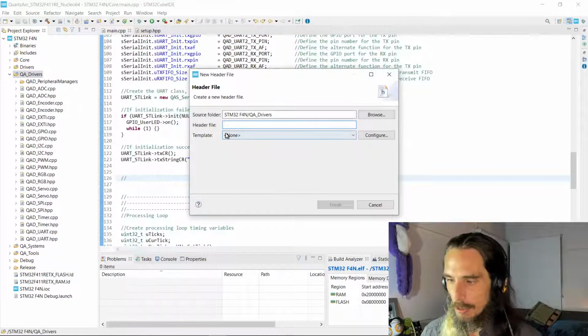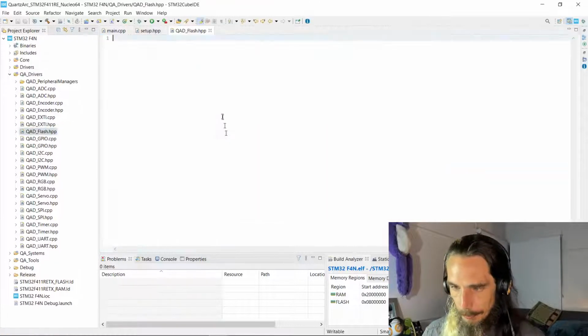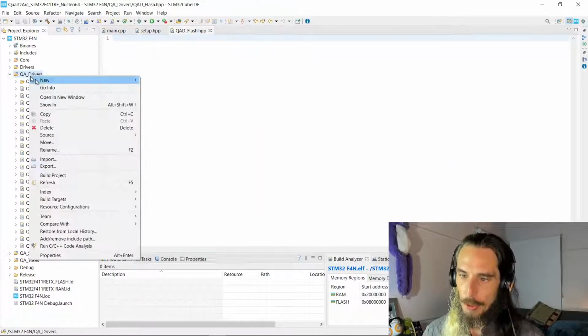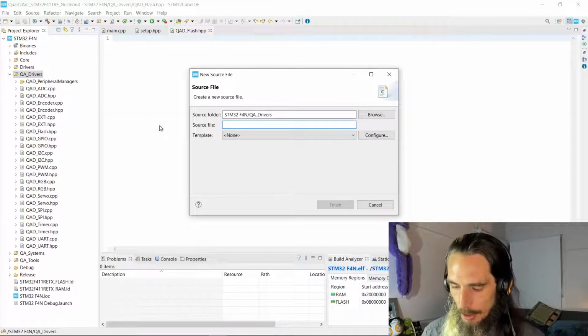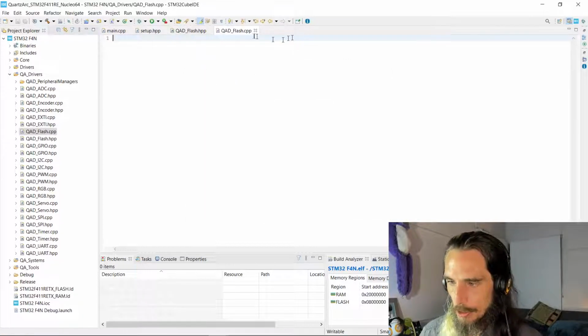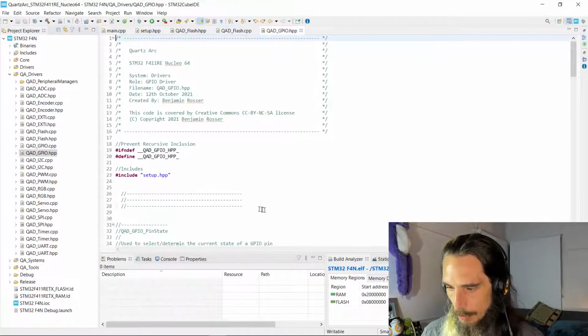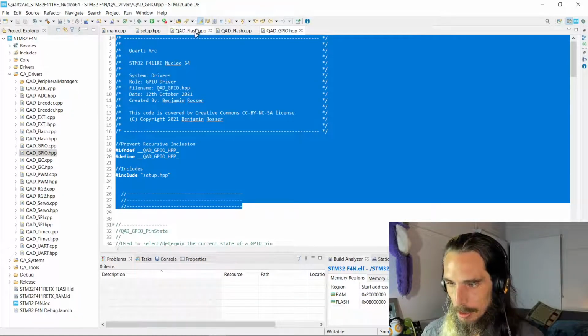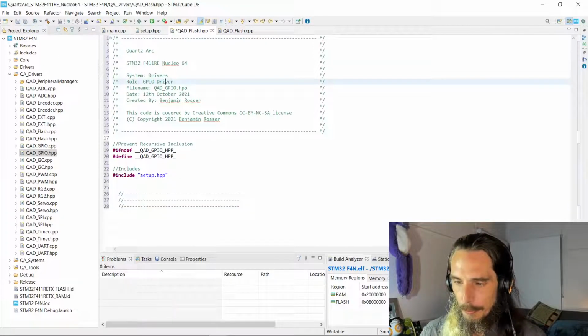But let's first up get a couple of files created for this. So we'll get the file sorted so that we can create the driver. And we're just going to jump straight into actually creating a driver for it this time around, because it's a fairly simple one, rather than having a look at how it works prior to doing the driver like we've done sometimes. So we've got our files there. Let's just grab a header from one of our other driver files, pop that in there. This will be a flash driver,